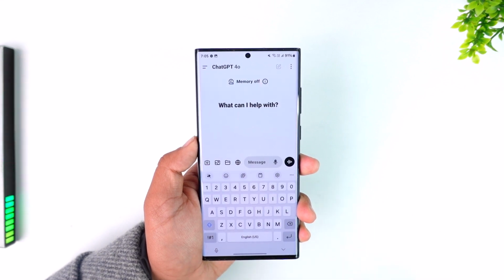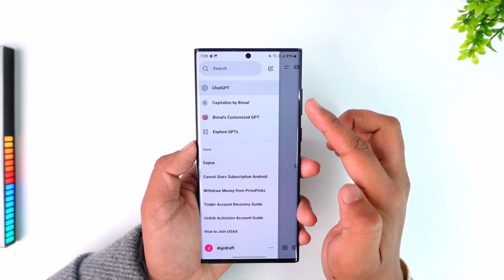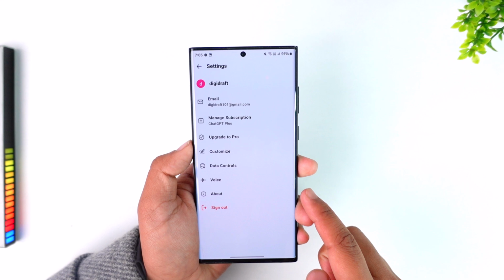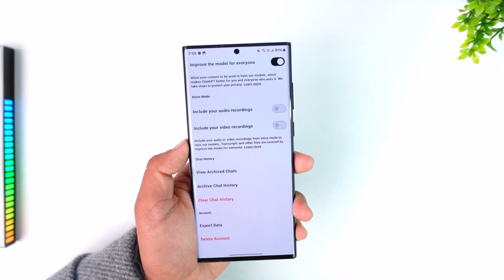it could have been there have been too much data. So you have to clear its memory first. To clear your ChatGPT's memory, what you can do is simply go to the settings right here from ChatGPT. Then you can go to data controls, and under data controls you can clear all of the chat